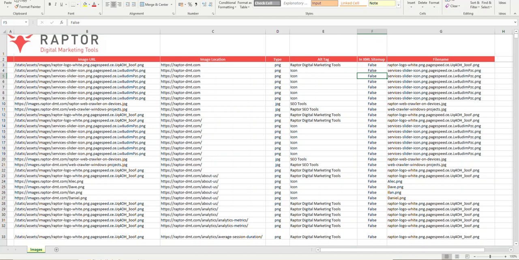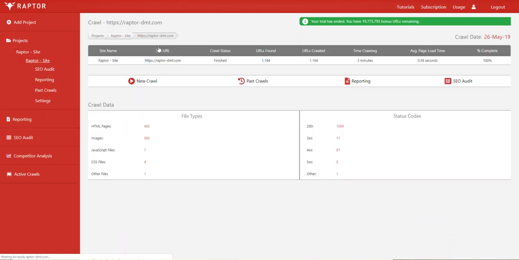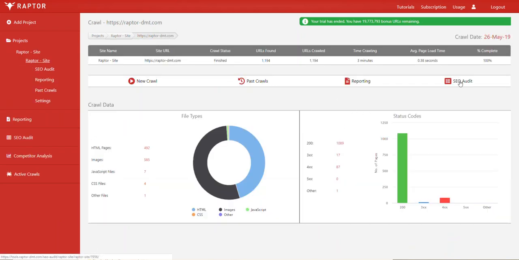So this is the main way in which you can see all of the images on your site and the locations of those images very easily and optimize them in any way that you wish. We also have some visualization of image data. So if we go to the SEO audit